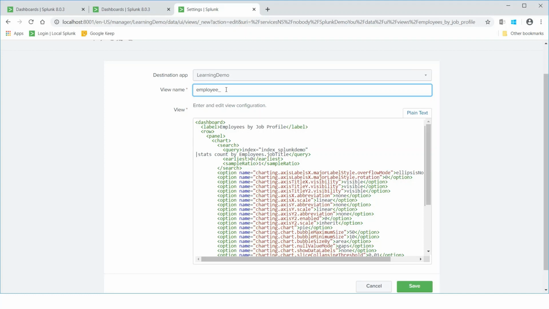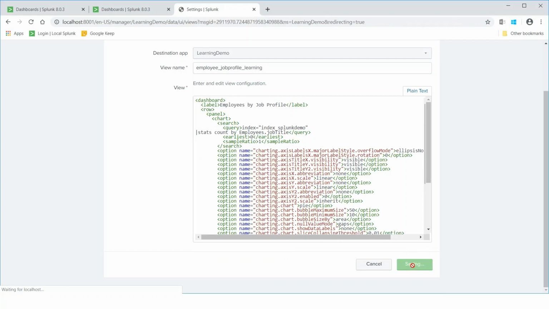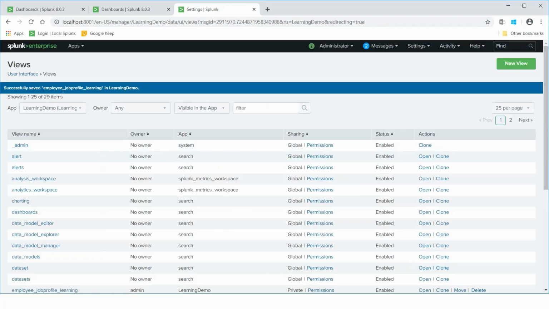If it is more than one word, it should be joined by underscores, like employee_job_profile for learning demo app, for example. Then I will just save it, and it should appear in your dashboards under the learning demo application.